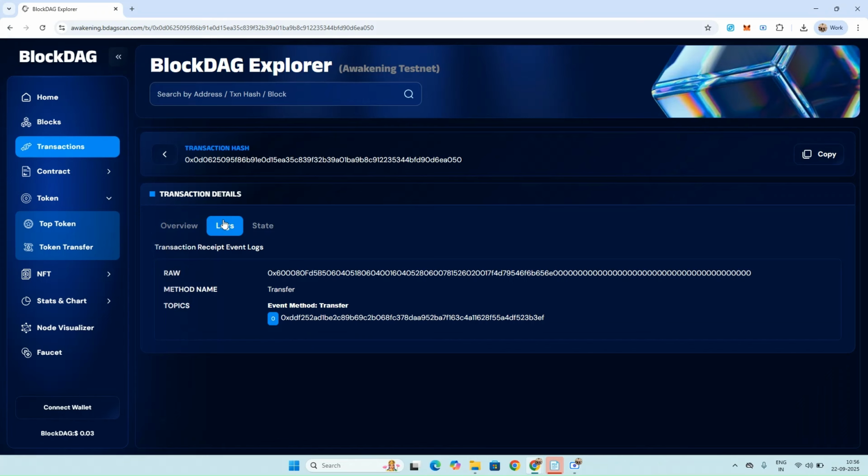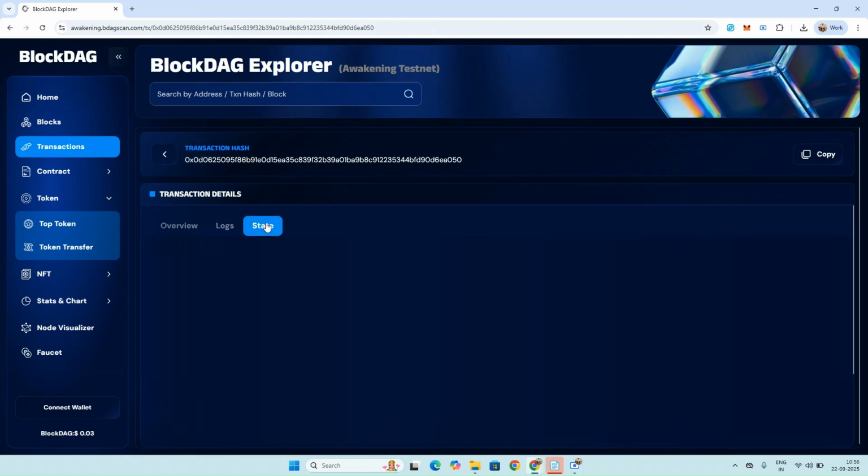Now the log state in my token transfer section basically displays all the logs that record the events emitted by the contract during the transaction, which provides you structured information about the transactions. These logs basically contain the details such as the events, the raw method name, topics, or the event that have been taken by these various parameters that contain the sender, receiver, and the amounts as well.